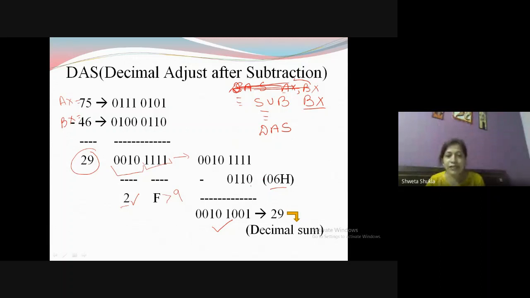Let us see how. 1 minus 0 is 1. 1 minus 1, 0. 1 minus 1, 0. 1 minus 0, again 1. Since we are just taking 0, 0, 0, 0 here, 0 minus 0, 1 minus 0, 0 minus 0, and 1 minus 0. Just keep on doing this and you will get 0010. So after converting this, you get the answer in decimal, the same answer 29, which you can get from the decimal value also. So this is the way to convert the hexadecimal value into decimal, because we need the answer in the same manner.